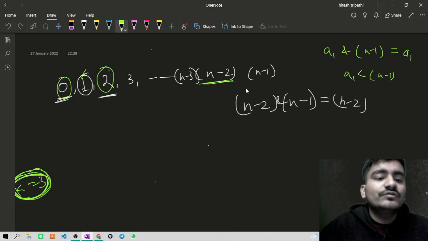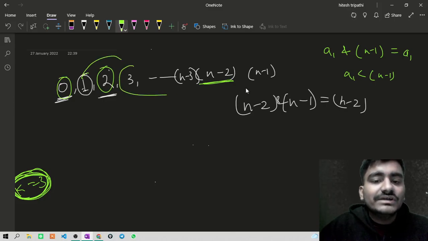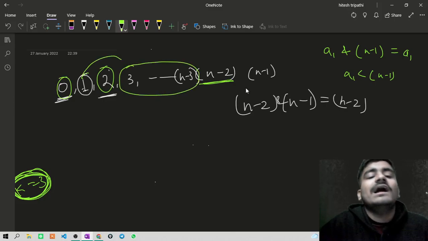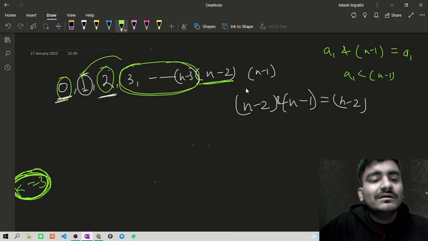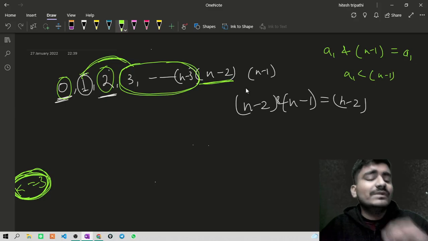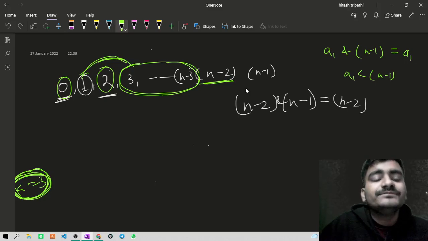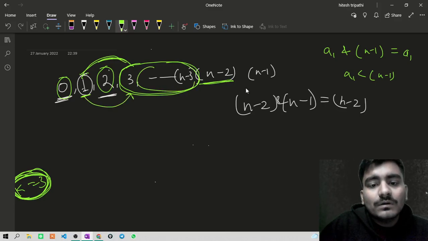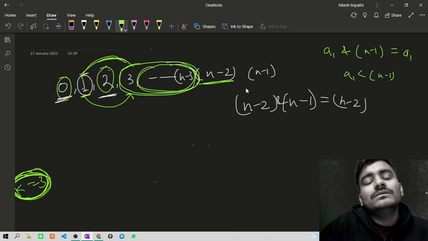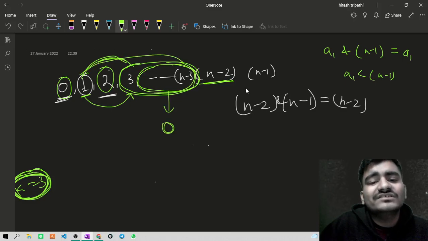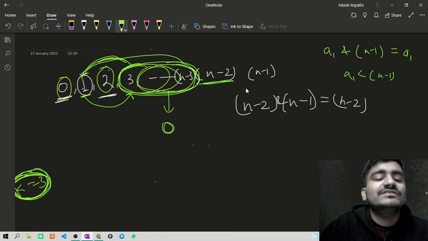I can only use 1 with a number between 3 and n-3. Now I have to check with which number I have to use 1 so that it can give me benefit. Okay, so now let's just check. If I use 1 with 3, I can make these pairs bitwise AND equal to 0. If I use n with n-3, I can make these pairs bitwise AND equal to 0.